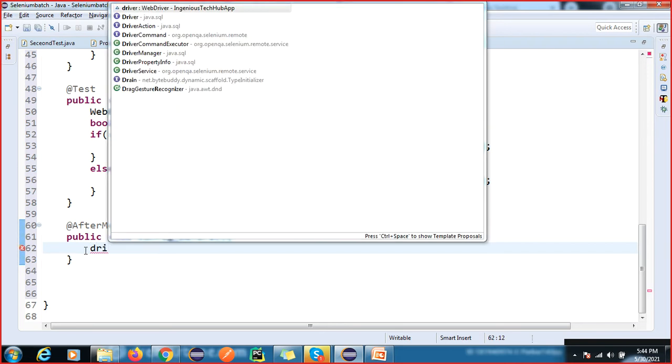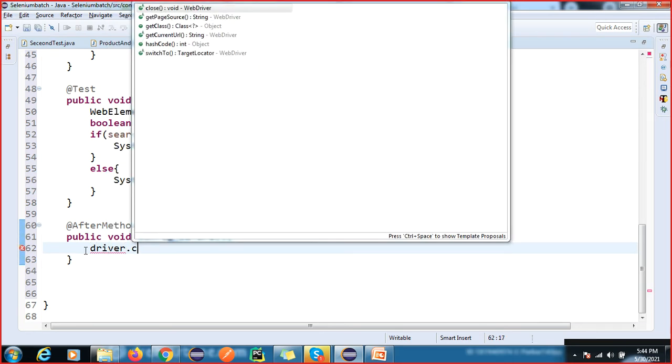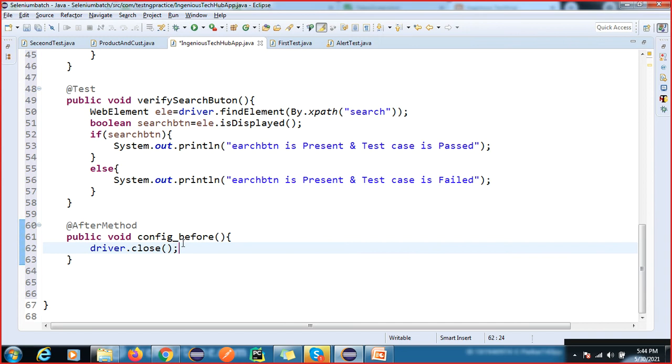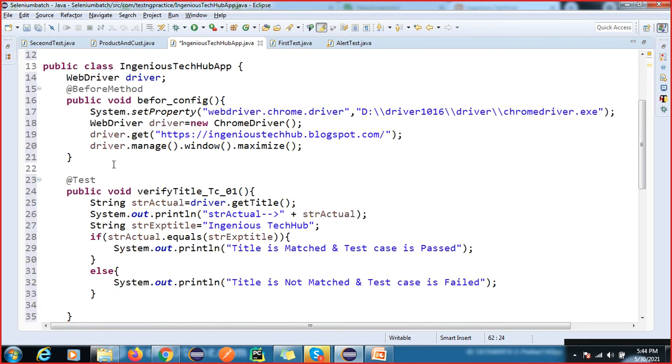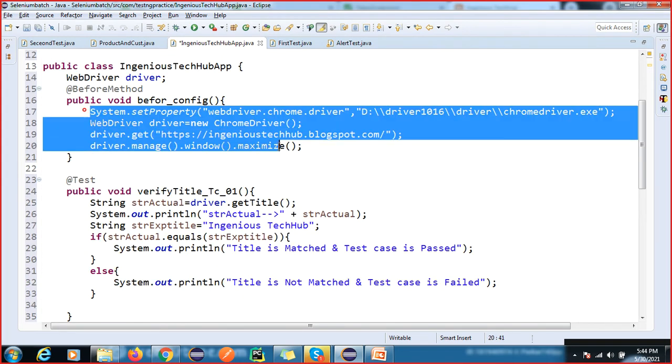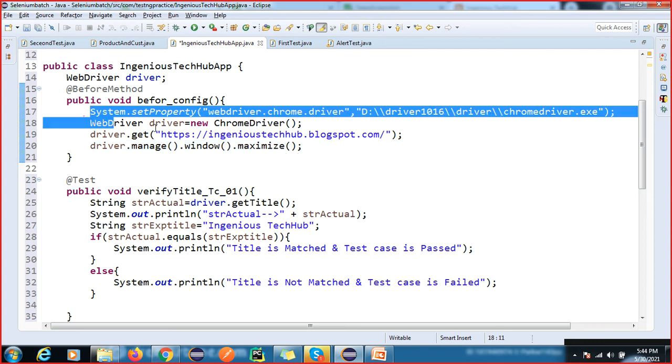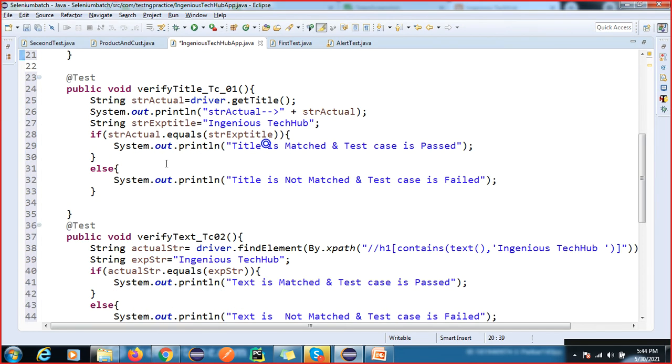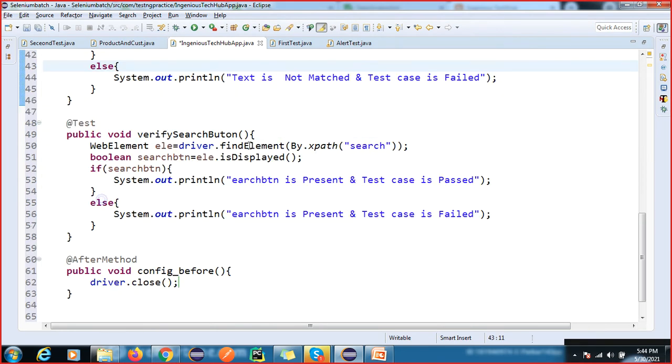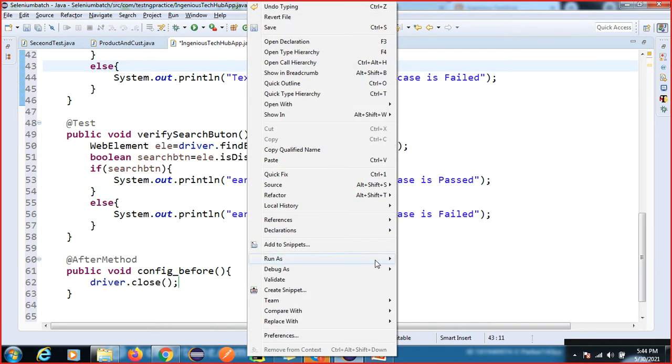So driver dot close. So this is all. First what will happen: the browser will launch, the application will launch. Then this is our first test case, second test case, and third test case. So I'm going to execute three test cases here.